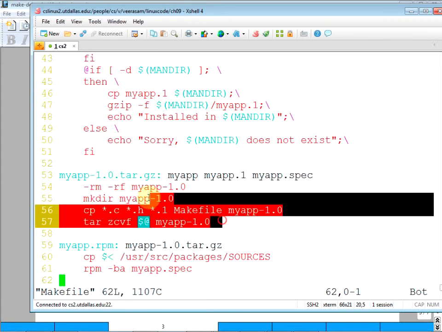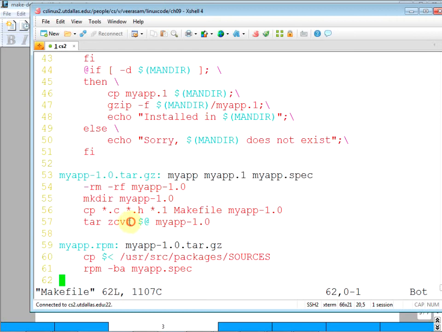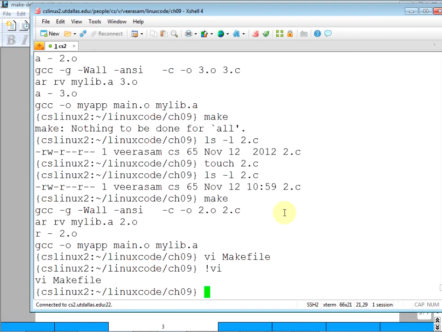See, you do the tar. Tar is putting together, a tarball we call it, and then you send it through gzip, the z means compress. So put it together and compress, and that becomes the .tar.gz. So we use these extensions to indicate what it is. Tar is a tarball, then .gz is GNU zip. Okay, and then I think this copies this file to source. So let's do this, myapp.rpm. Let's see.